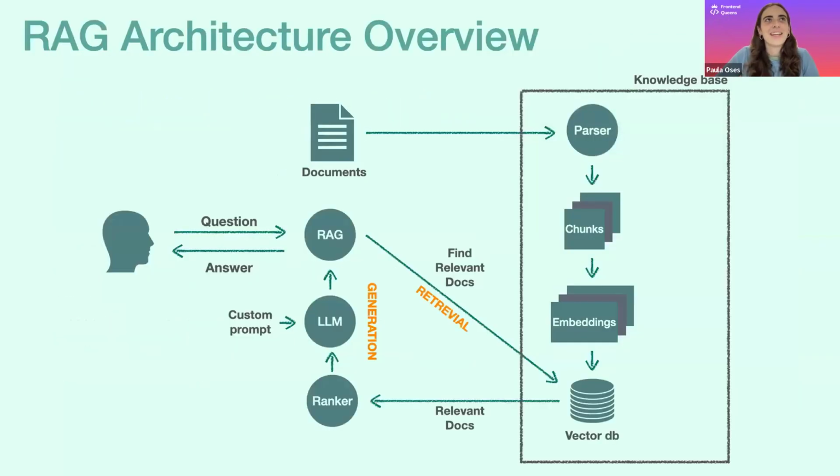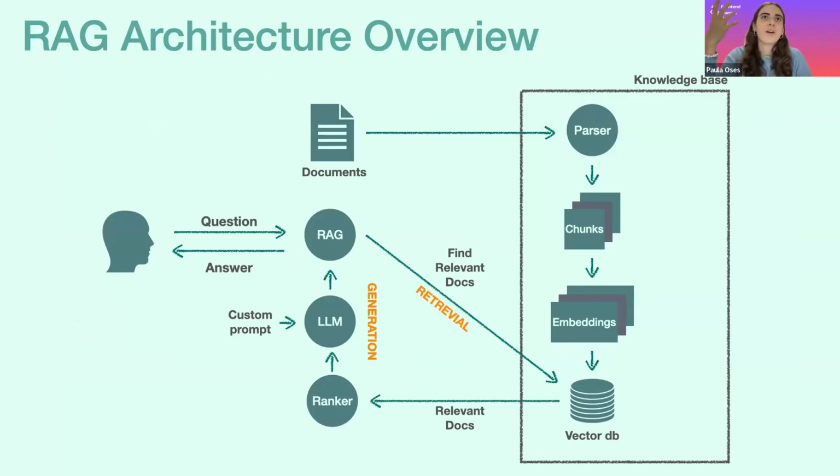So next, here is an overview of the architecture of the models. Here you can see that there are basically two big parts of this model: the retrieval side and the generation part. The retrieval side is everything that you have to do in order to look for the good